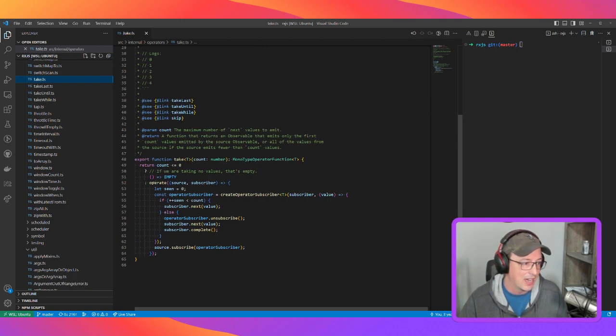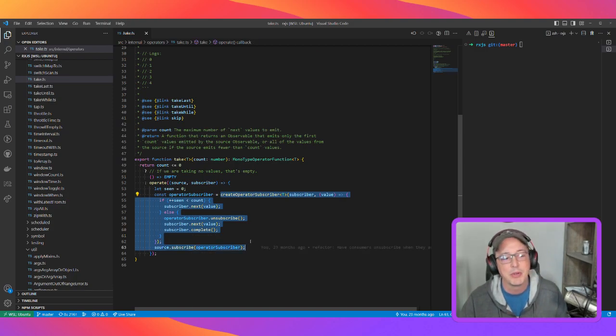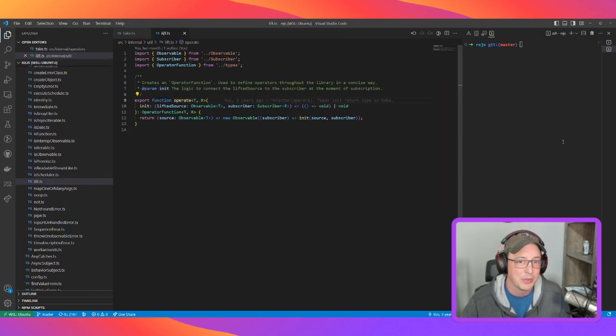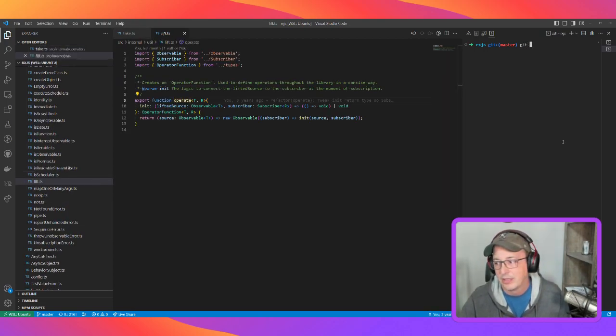So we've got this operate function. We've also got this create operator subscriber. I'm going to address that in a different stream probably, but this operate thing is what I'm looking at removing now. And if we go look at it, it looks pretty mundane, but if you look at